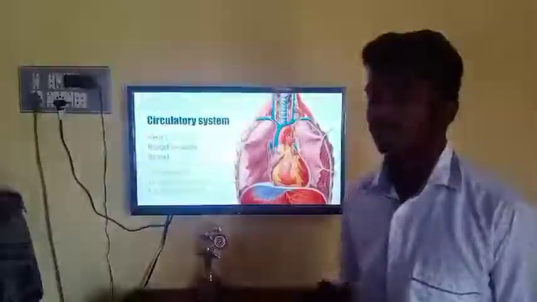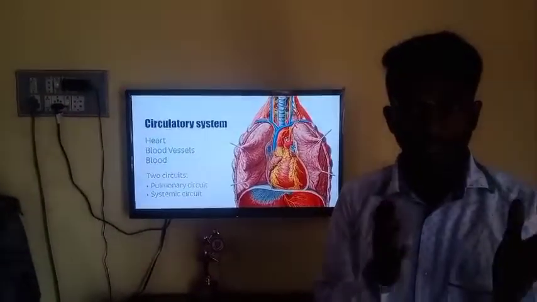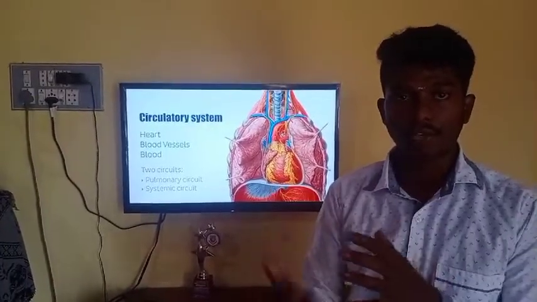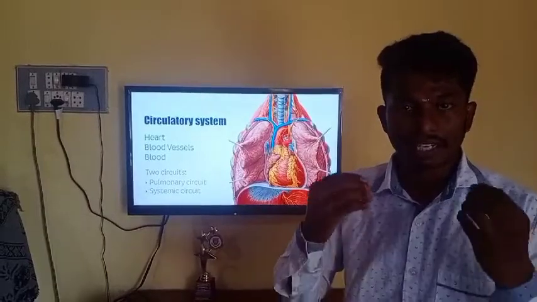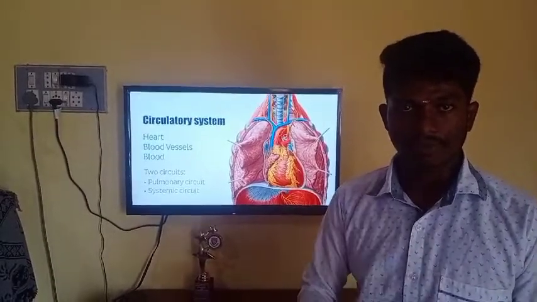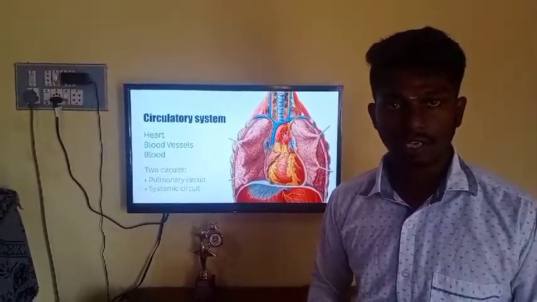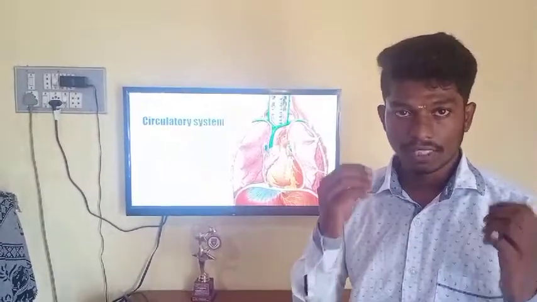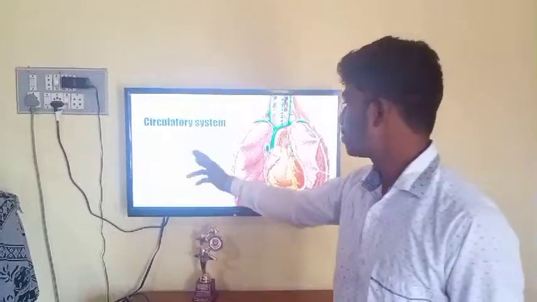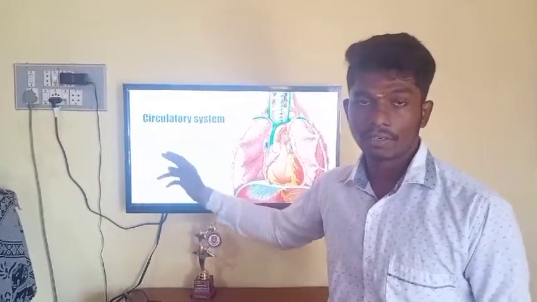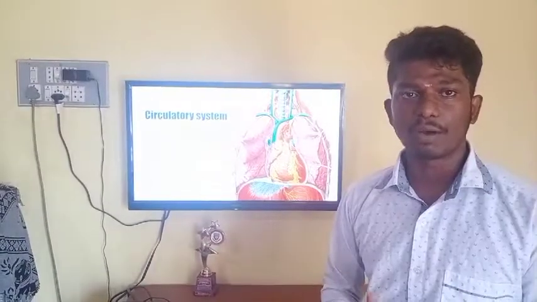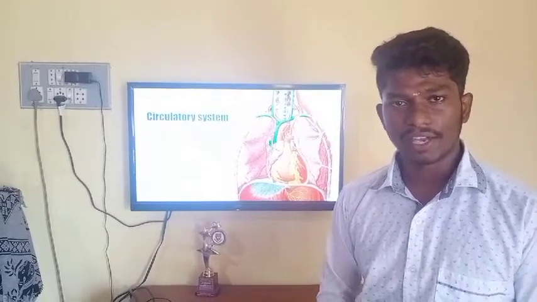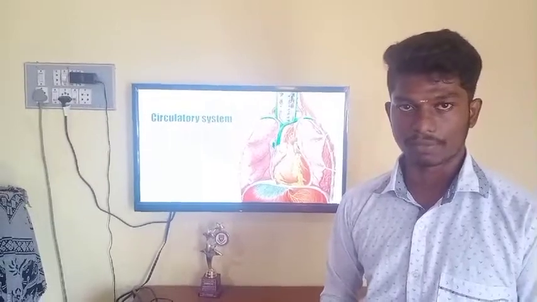The blood vessels. The vessels carry blood from various regions around our body. Means in our circulatory system, the blood transfers from head to leg and leg to head. This acts in a circulatory manner. The blood is carried through these vessels. In blood, there are many components like plasma and various nutrients present in our blood systems.